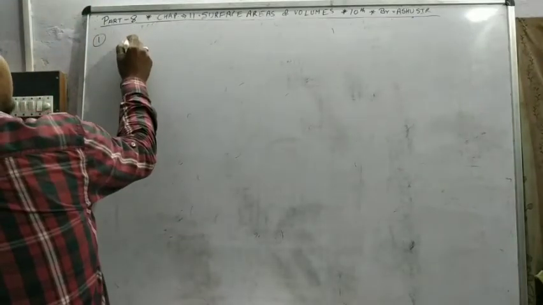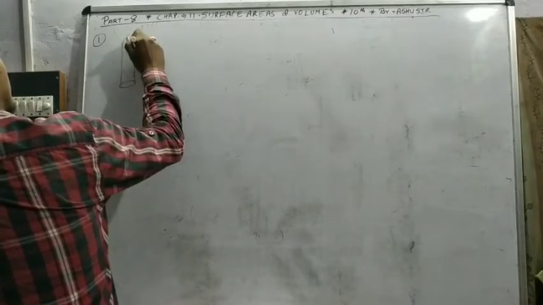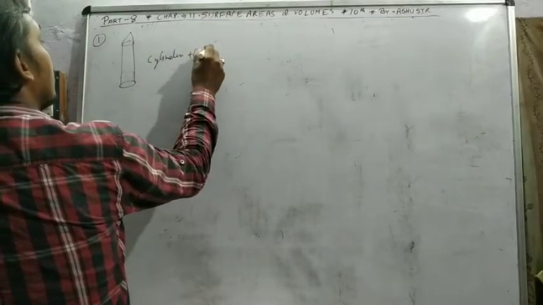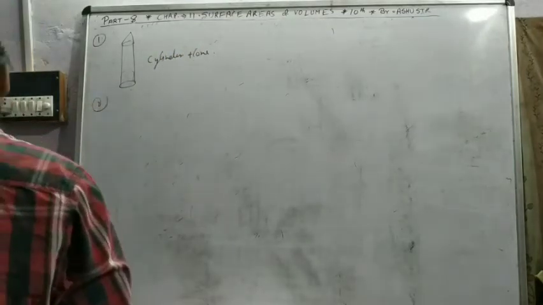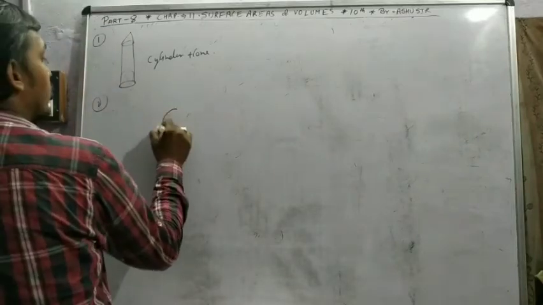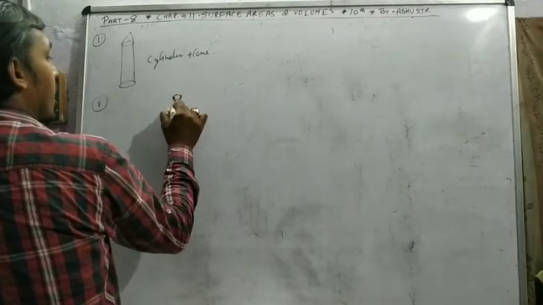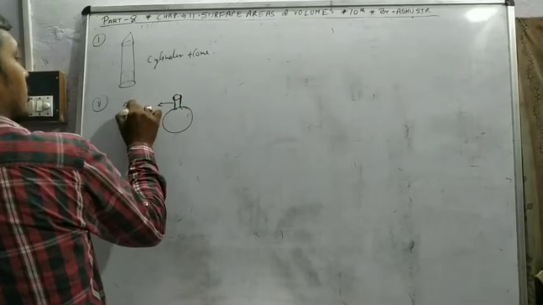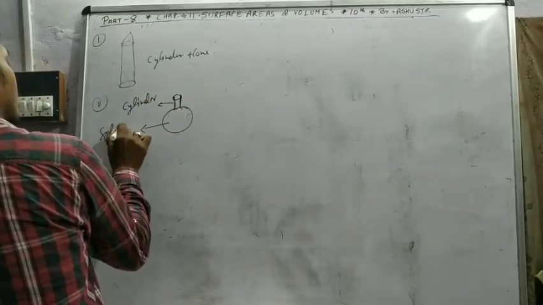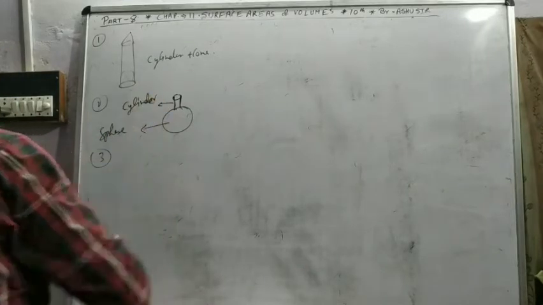A cylindrical pencil, just like this. This is sharpened, so it's a combination of cylinder and cone. If I say a surai, the shape of a surai is just like this. So this part is the cylinder and this part is the sphere. So the surai is a combination of cylinder and sphere.